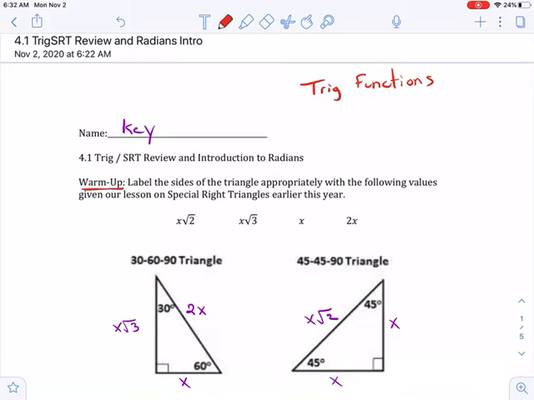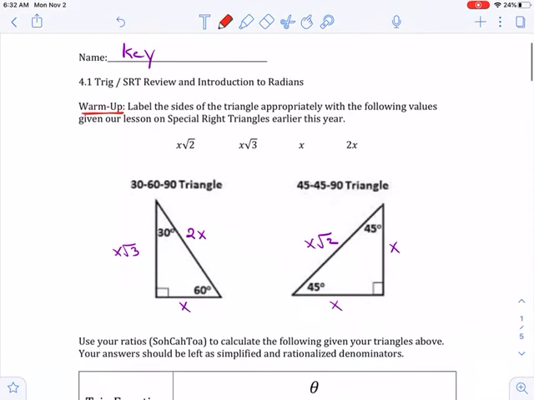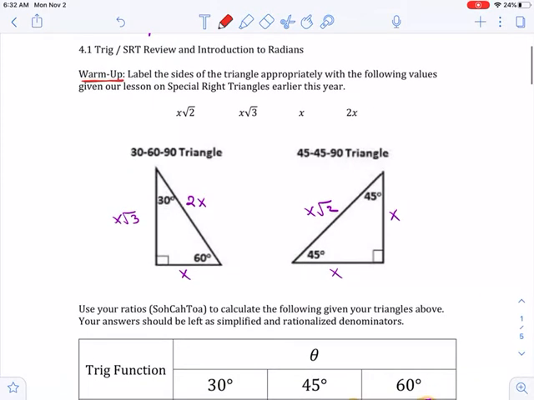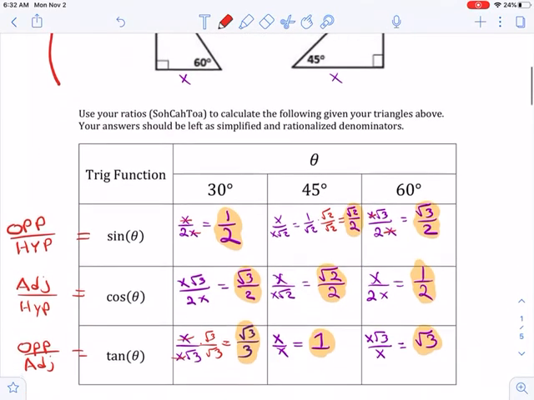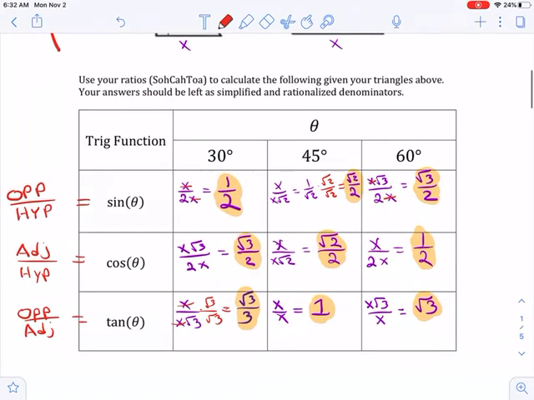Otherwise, what I would have you do is check your work. The completed notes will be up, so check your work, but also in this video you might be able to pause it as you go down. The first thing that you had to do was label your sides in this special right triangle. And then here, for the trig functions component to this, I would highlight, no pun intended, that the exact answers